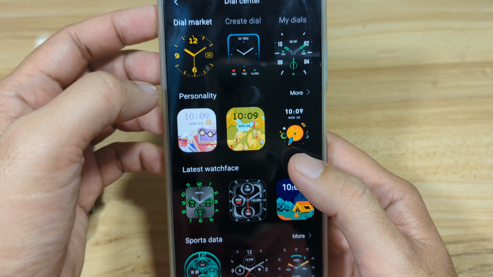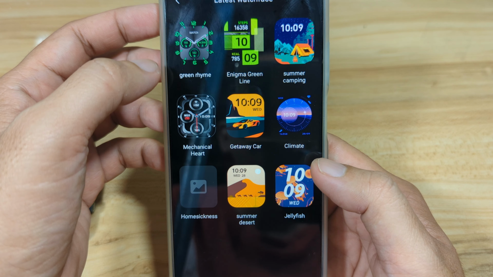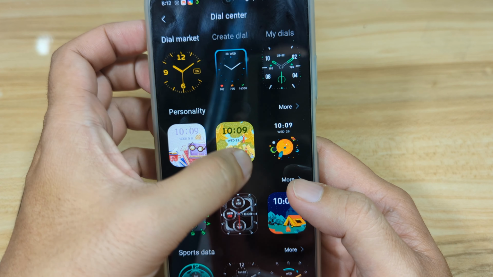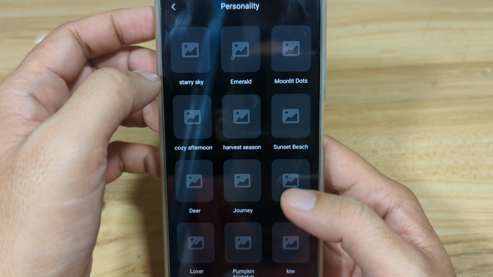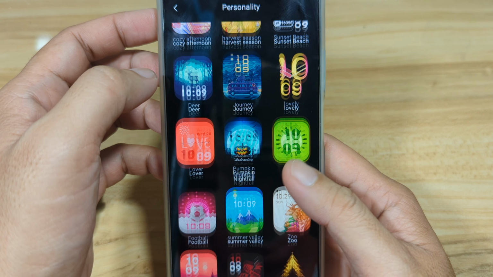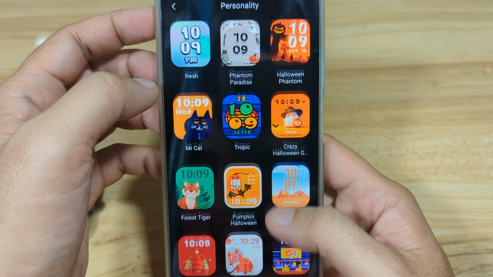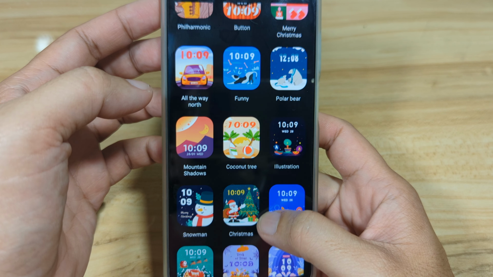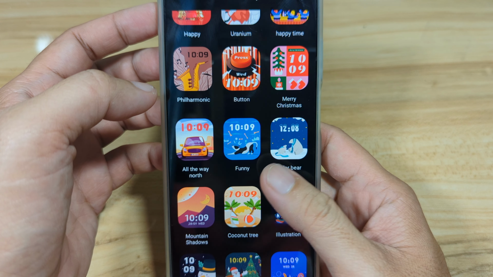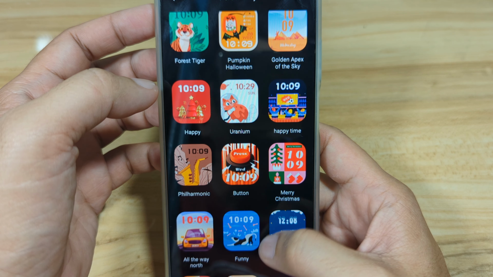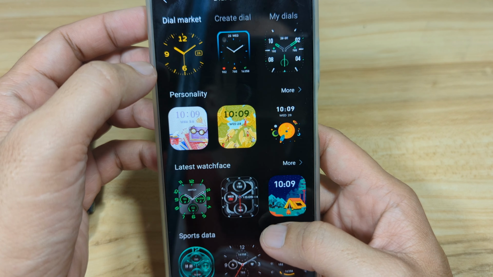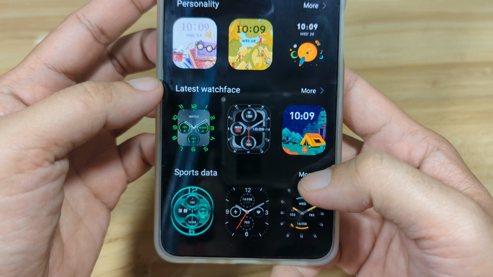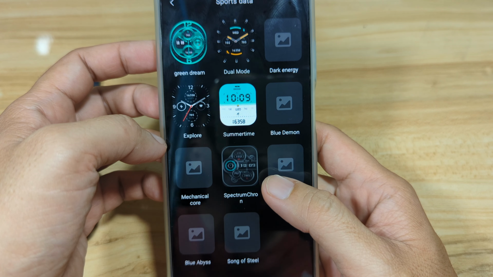And we have the latest watch face. Okay, we still have personality. So more options here in the personality section, but it's a combination of holiday theme watch faces. And we have the sports data.